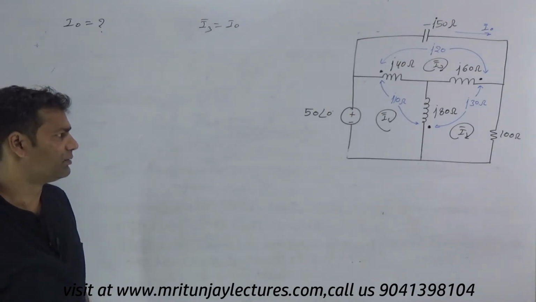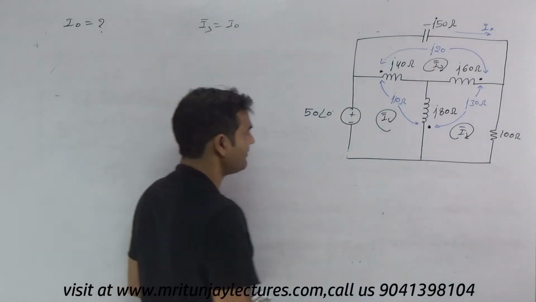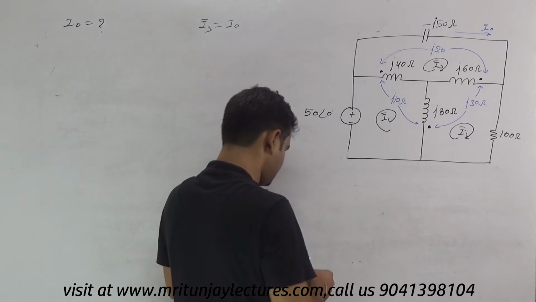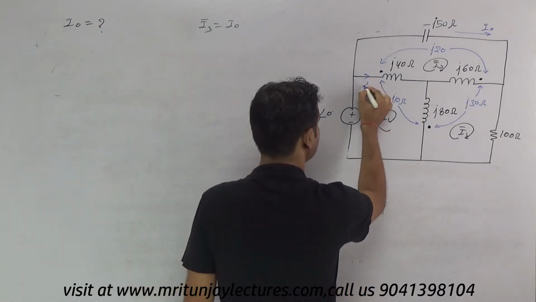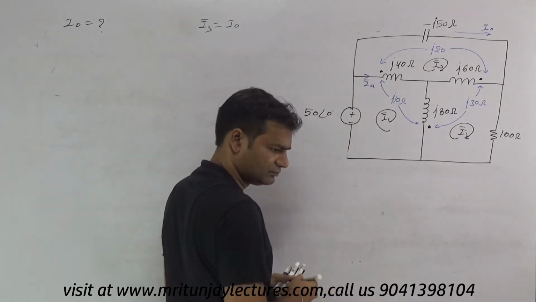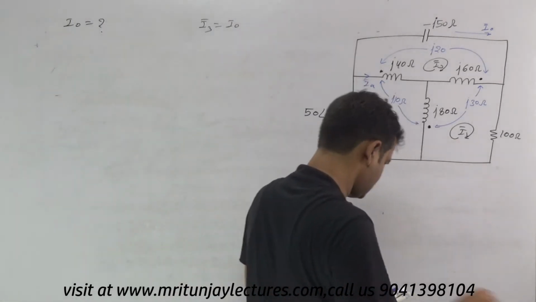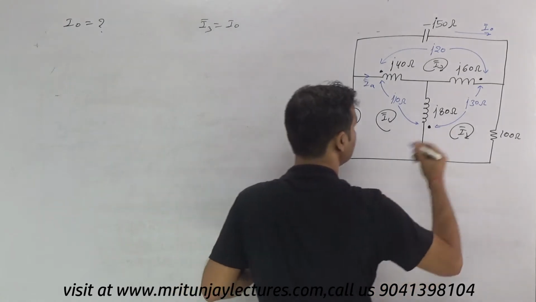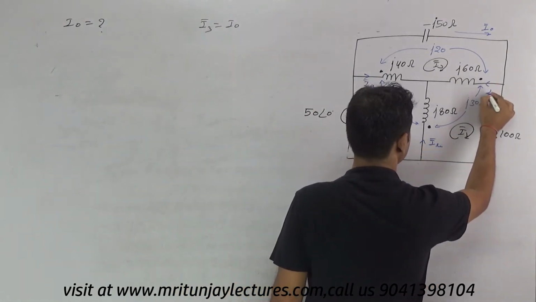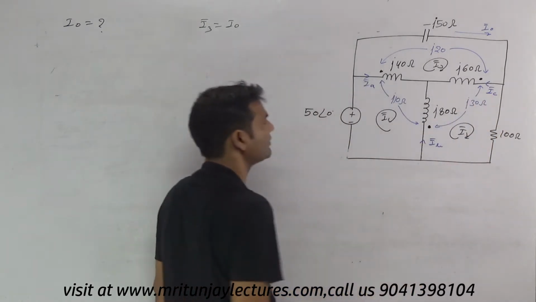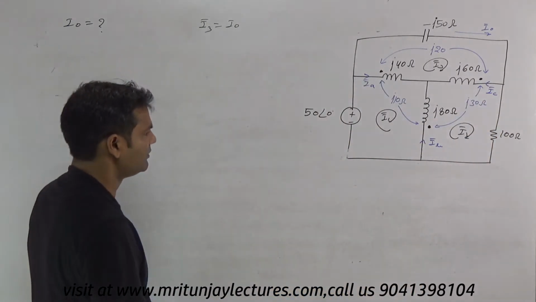Okay, now what about branch current? Suppose that is IA, that is IB and that is IC. Okay, I know that